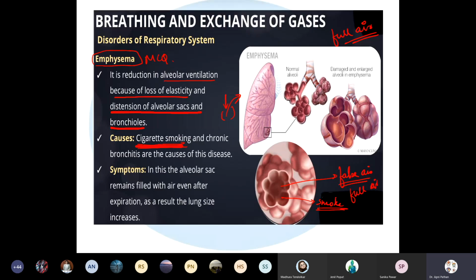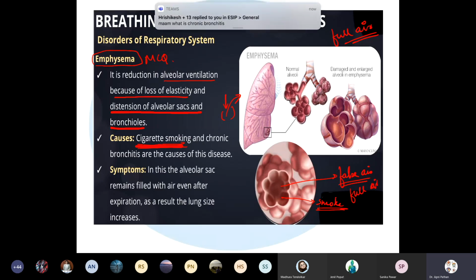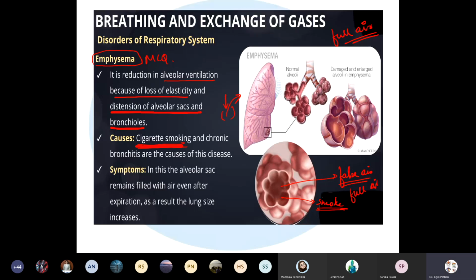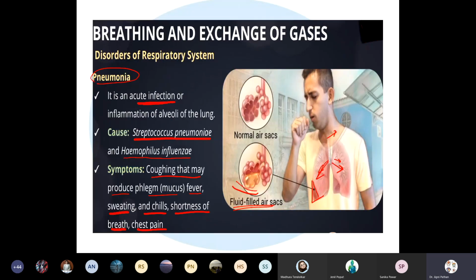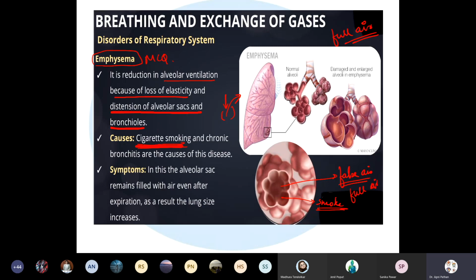Aditi, is it clear? Chronic bronchitis means a chronic disease, which causes chronic disorders. There is acute and chronic. Acute means an initial, sudden infection and inflammation. There is a death, but here it is slow death, because it's a chronic disorder. Chronic bronchitis means it affects the bronchus or bronchioles.